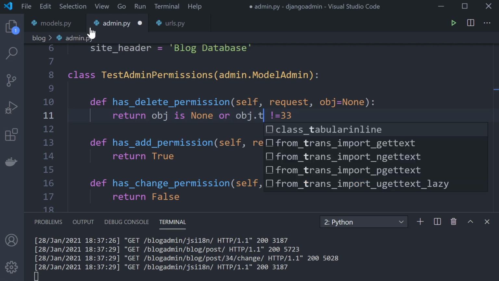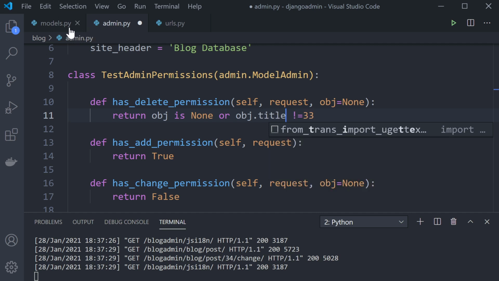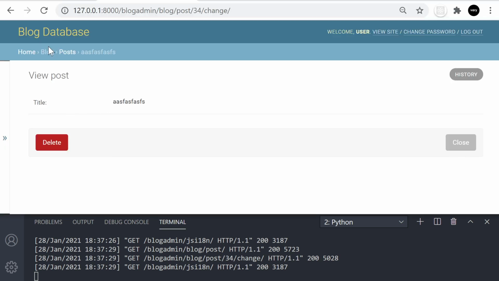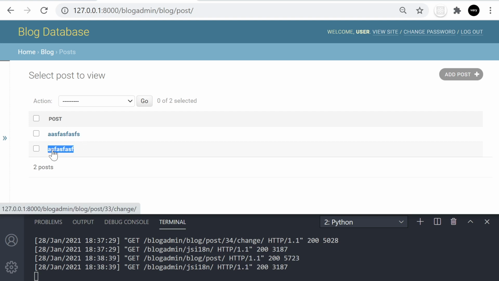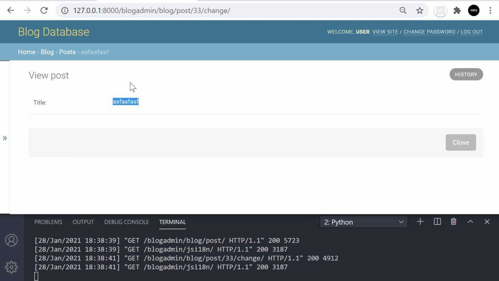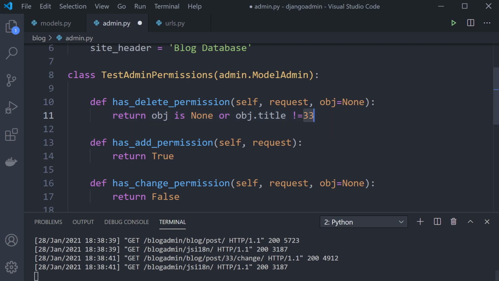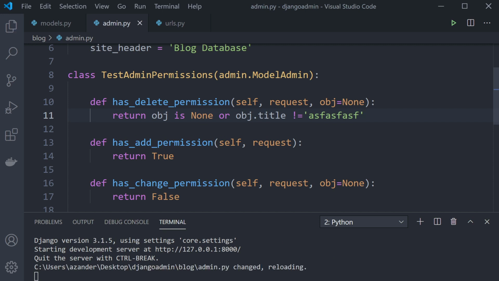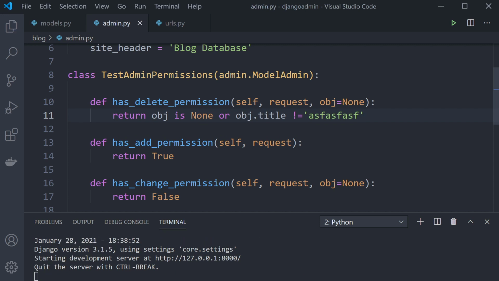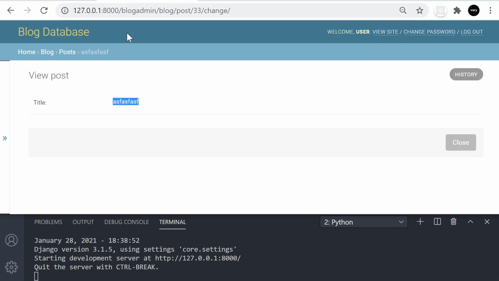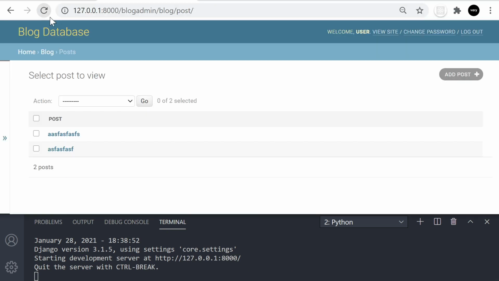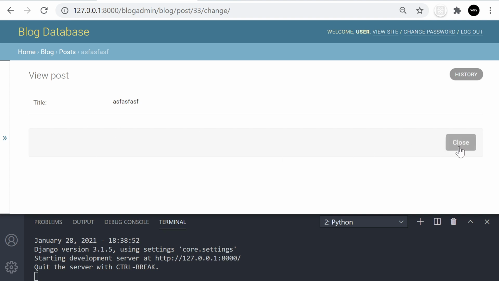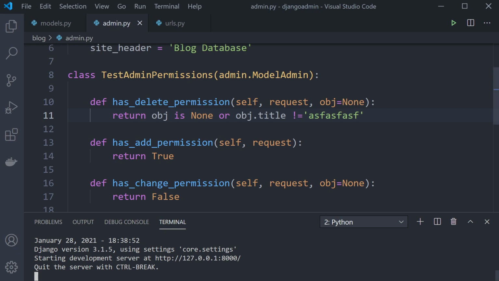So you might be wondering now, well, can I use this to actually identify other items? So let's go, for example, title. So the object title. So let's just go back here. So let's just get the title of this, which we know is that. Okay, so let's not equal again, or it's going to need to be in a string. There we go. So not equal. So let's just see if this works. So we shouldn't now be able to delete this item here. So let's go back to refresh, go in there. You can see it isn't available to delete and so on. So it looks as though we can access different parameters through obj